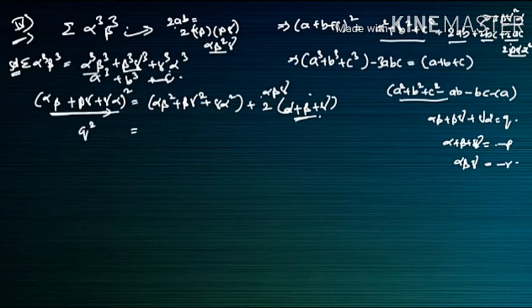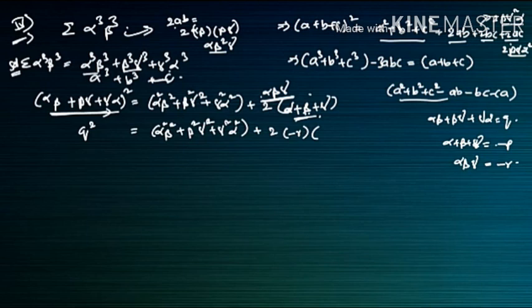Total is equal to, we write it like that only: alpha beta, alpha, this is a square, means alpha square beta square, gamma square alpha square. So it will become alpha square beta square plus beta square gamma square plus gamma square alpha square, plus 2 into alpha beta gamma into (alpha plus beta plus gamma) which is r is equal to minus 2r times minus r.